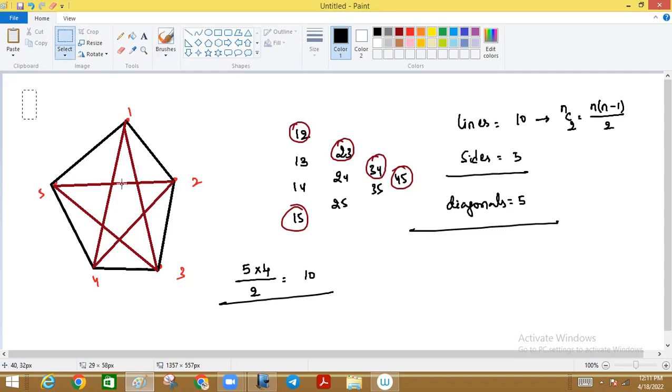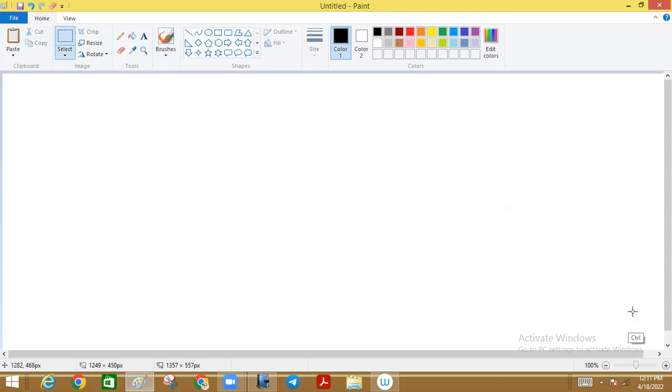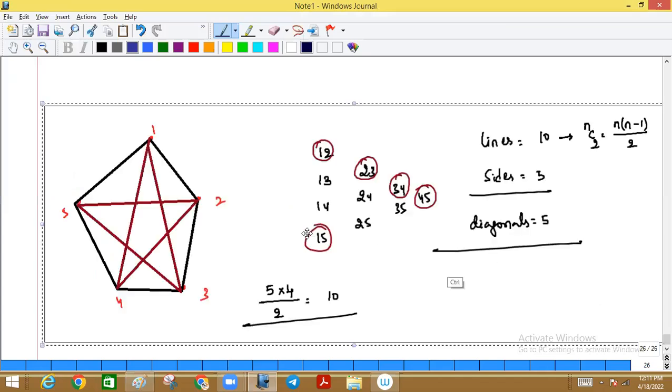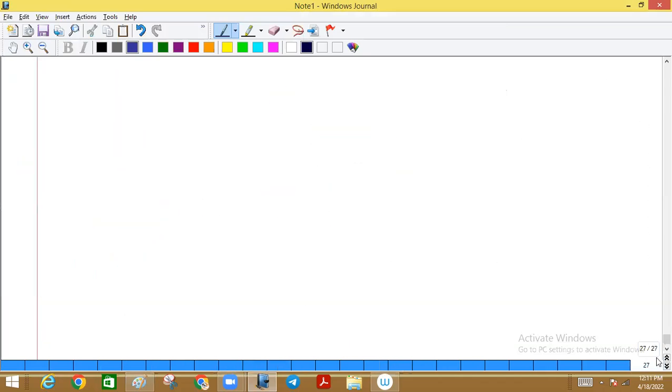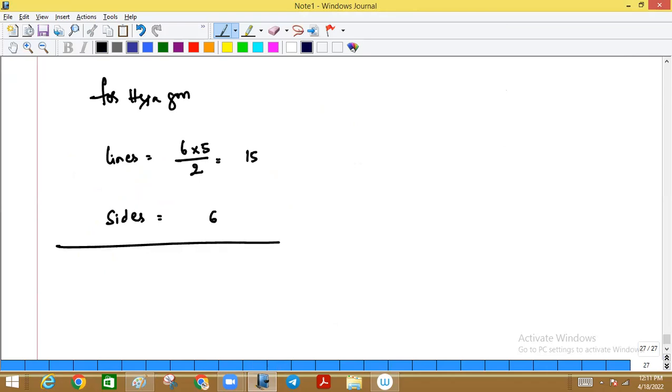Can I do it for a hexagon? Tell me for a hexagon. Lines are 6 into 5 by 2. How much? 15. How many are sides? 6. Diagonals? 9. You understand? For an n-sided polygon,